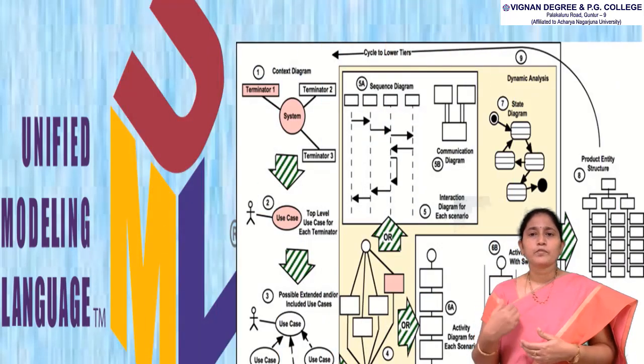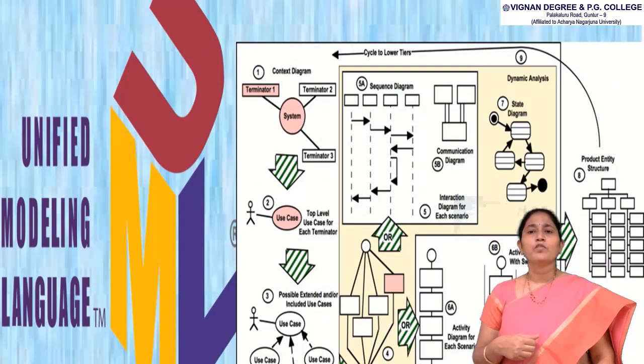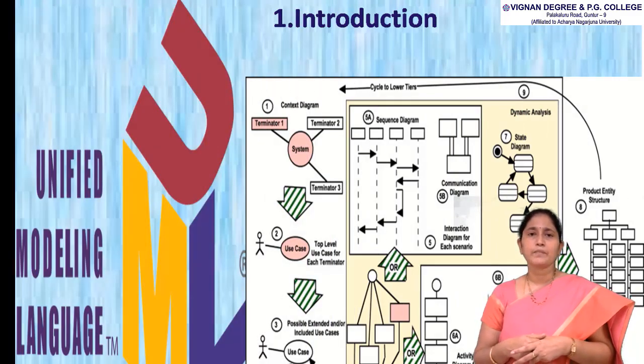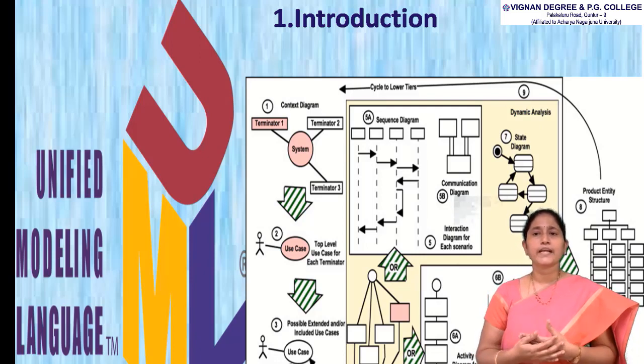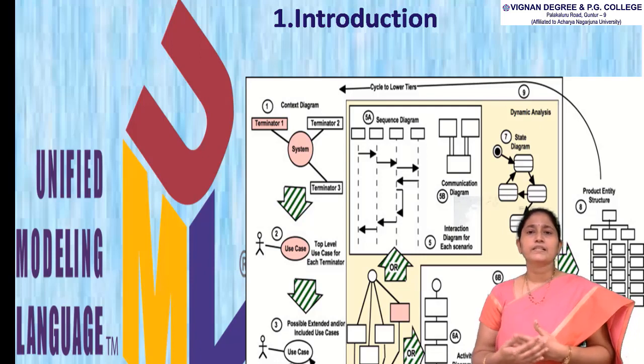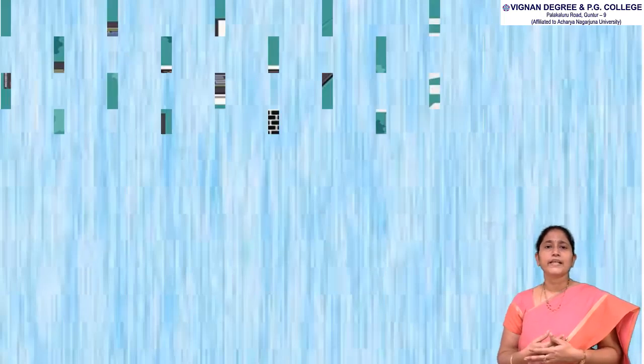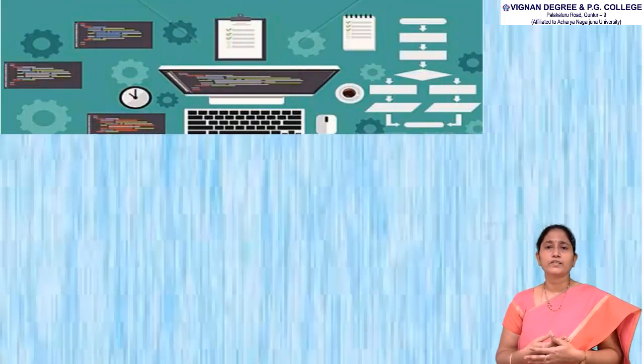Before going to discuss the activity diagram, we have to know about the UML diagram. So what is a UML? UML is a unified modeling language. It is a general purpose development modeling language in the field of software engineering that is intended to provide a standard way to visualize the design of the system. So what is modeling? It's a way to visualize your software application design and check it against requirements before starting to code.